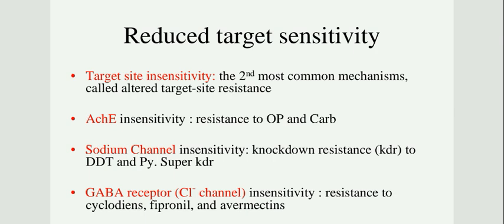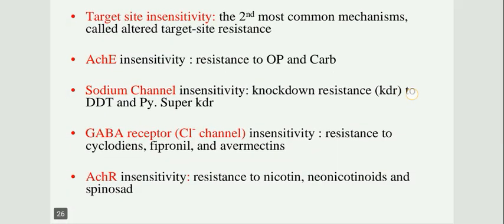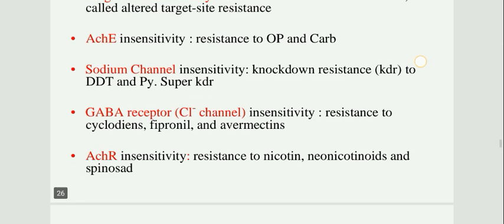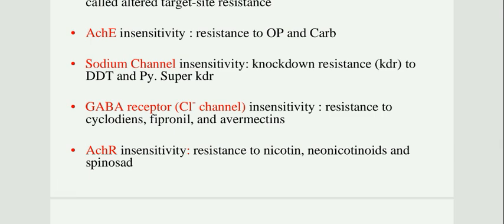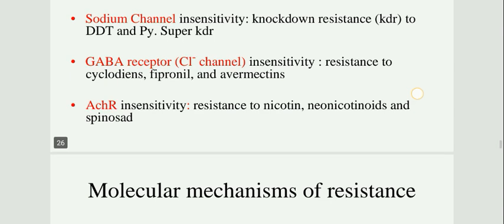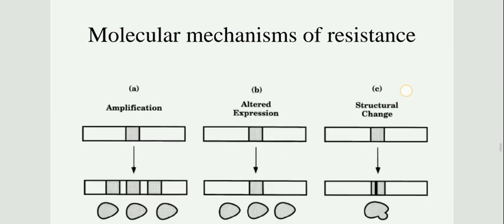The second most common mechanism is called altered target site resistance. Acetylcholinesterase insensitivity: resistance to OP and carbamates. Sodium channel insensitivity: knockdown resistance to DDT. GABA receptor channel insensitivity: resistance to cyclodienes and fipronil, ivermectins. Acetylcholine receptor insensitivity: resistance to nicotine, neonicotinoids and spinosad. Molecular mechanisms of resistance: